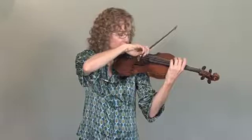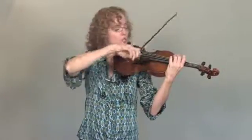So we're going to practice the whole bow stroke on every string, making sure our arm level is at the right level for the string that we're playing on. Reaching out, and especially on the G string, you're going to feel an even bigger stretch than you do on the E and the A string. So you're really going to be reaching way in front of